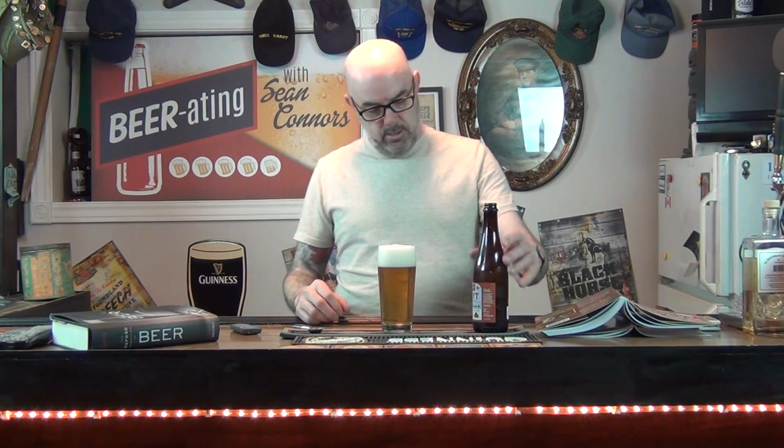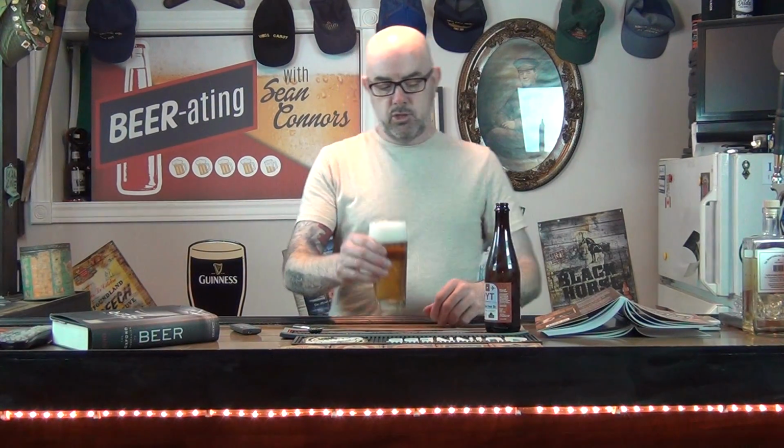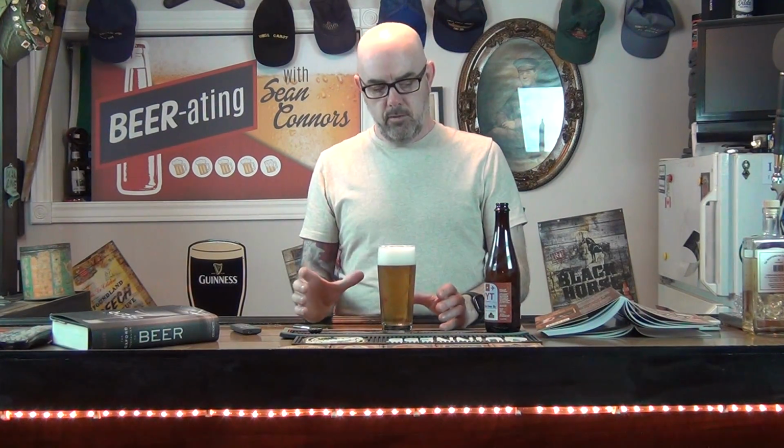Alright, so nice and clear. A little bit of, well, actually quite substantial head, nice golden color. It's definitely got the ale aroma. If you're not quite sure what I mean by that, actually get a lager and get an ale, say a pale ale, and put them together, and you can notice the difference in the aroma. To me,